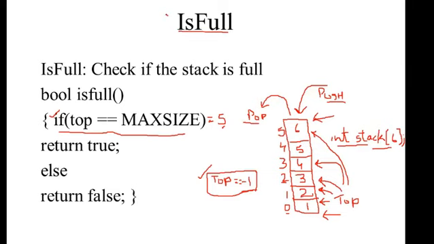Here we are using a separate function isFull, and you can see I have defined a bool return type for this function. Whenever the top points to the last index or max size of this stack data structure, it will automatically return a true value. Whenever it is true, it means the stack is full and overflow arises. But if the stack is not full, let's suppose the top is pointing to index number 3, then it will not be equal to max size and it will return false.